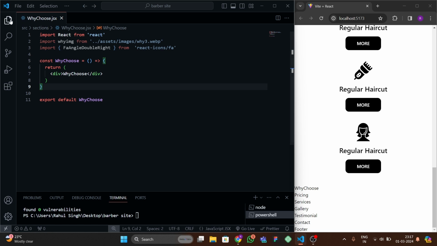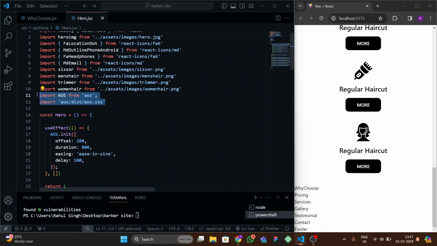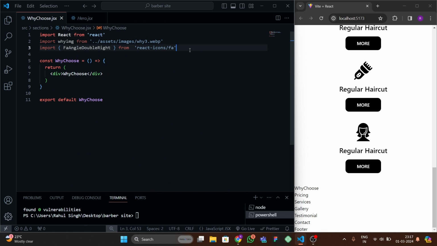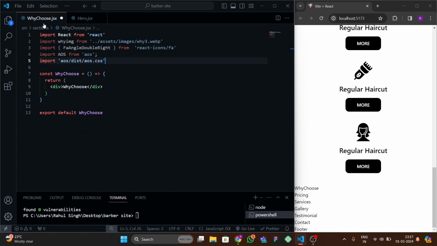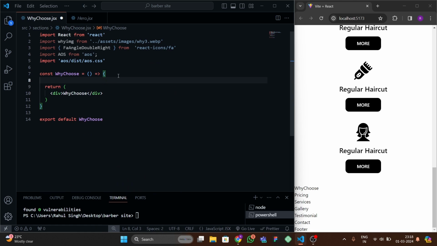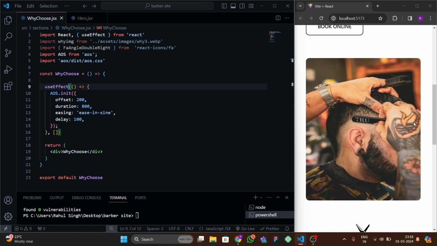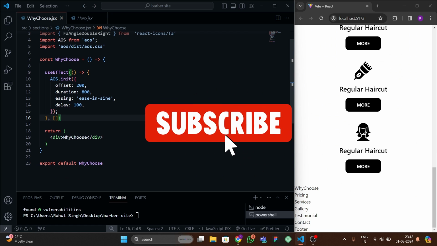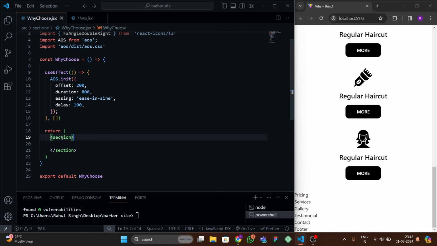Then after that let's go to our hero, and you have to just copy this AOS import because we don't want to import again and again, and paste it here. Then go here and inside this, we have to write a section. Then let's write it here, ID,